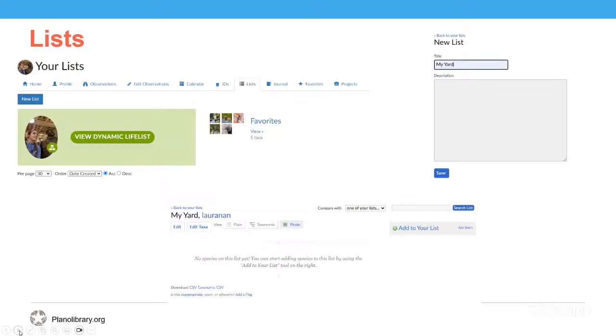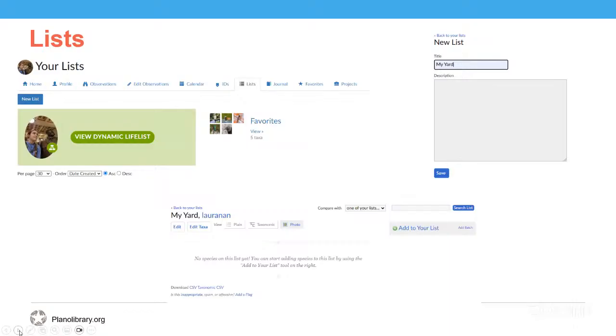Favorites is a list you can edit. There you can add your favorite species. You can see I have some there. I believe those are ducks, cicadas, kites, vultures, and woodpeckers. And because iNaturalist is also a social media platform, this is a way to let other users know your favorite creatures. And then if you click on the name of the organism, it takes you to an information page about it.